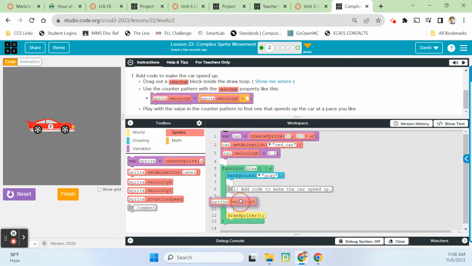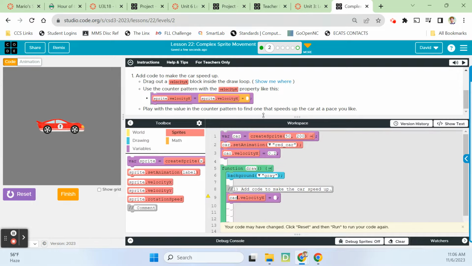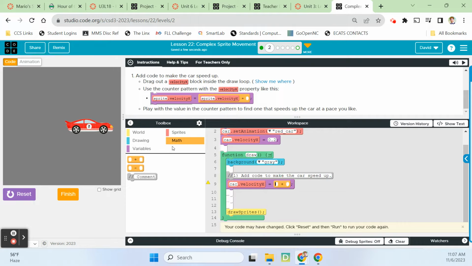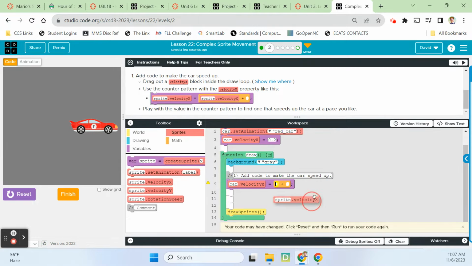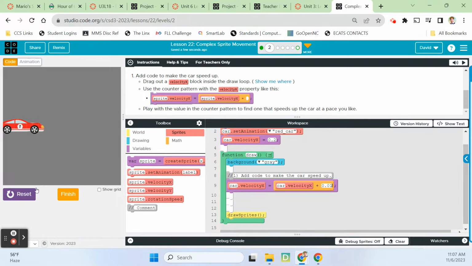Do this. It says add code to make the car speed up. So we're going to go velocity x. I'm going to put that right here on line 9. It's matching it to the car variable that was created on line 1, so the computer knows what we're updating. And then we're going to grab a velocity x block and put that out here. Oh, wait, but before we do that, I need to go to math, and we're adding to its velocity. Now I'll grab this velocity x block, match the variable label. We'll increase the speed by 0.01, reset, run, and then it's getting faster and faster and faster at a very